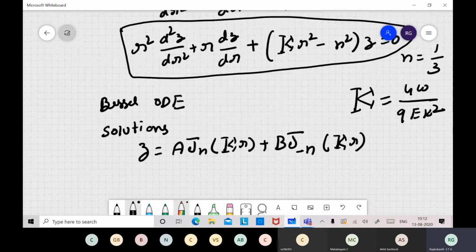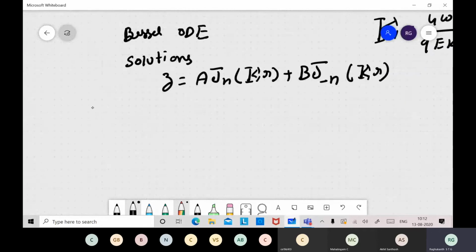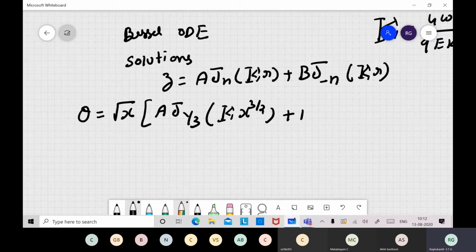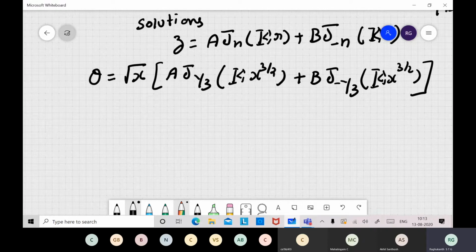But what we are interested in is theta. So you substitute z here and write it in terms of theta. Theta becomes square root of x times a J 1 by 3, because n is 1 by 3, of kappa x to the power of 3 by 2, plus b J minus 1 by 3 of kappa x to the power of 3 by 2. Other terms we neglect here. Now to find these constants a and b,